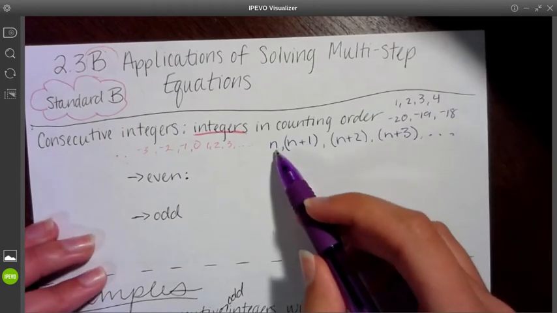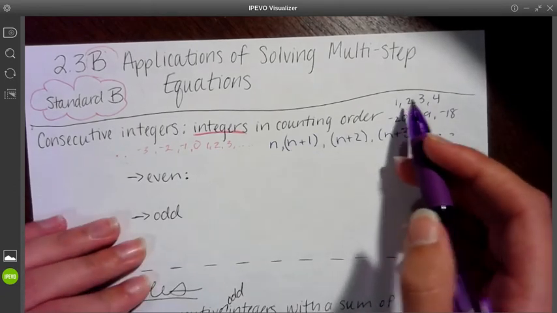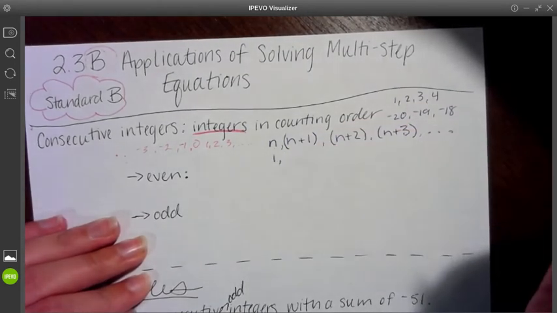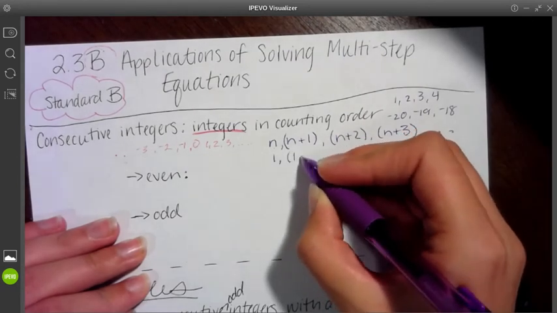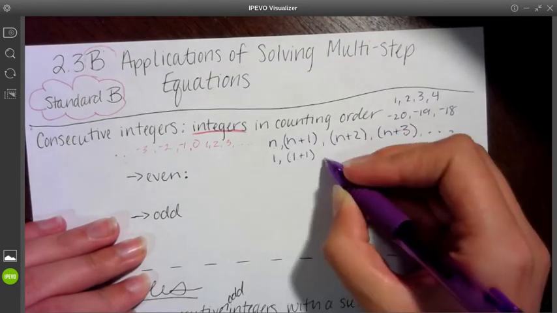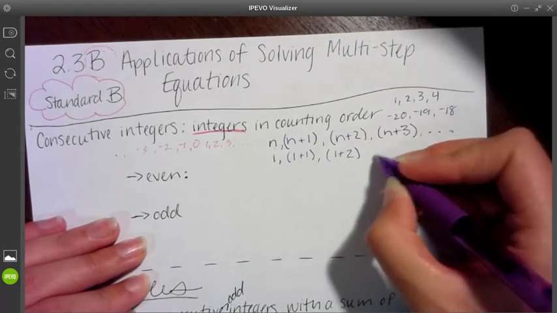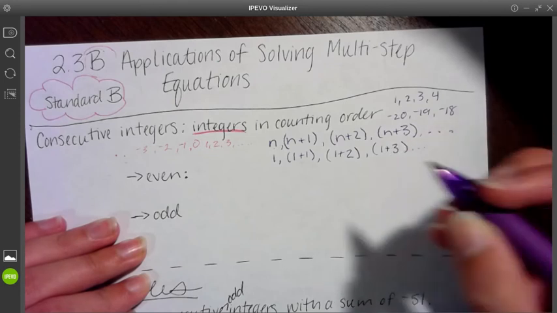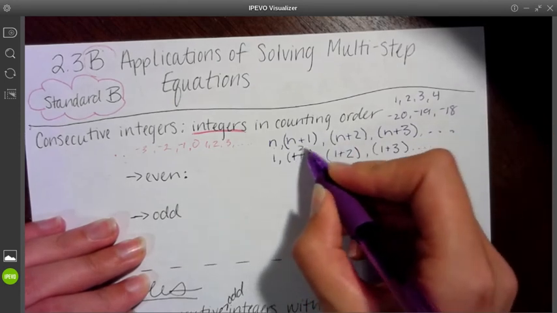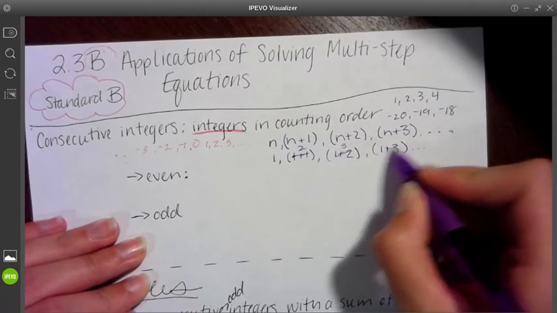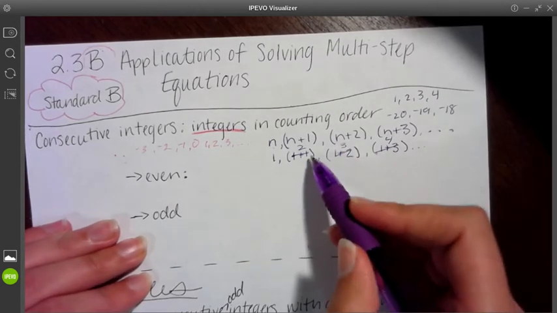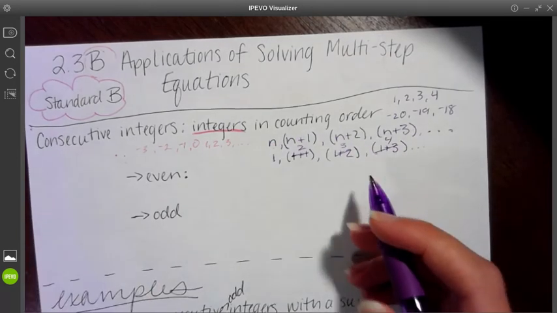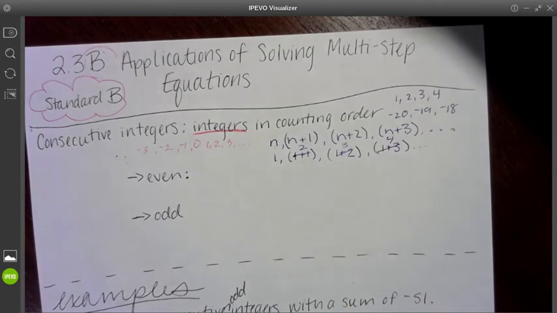So why do we write it like this? Well, think about if we're starting at 1, then our first integer n is 1. Our second integer is n, which we said was 1, plus 1. Our third is 1 plus 2, our fourth is 1 plus 3, and so on. What's 1 plus 1? Well, that's 2. 1 plus 2, 3. 1 plus 3, 4. These addings are telling you how far out we're going from our starting integer. So that's consecutive integers